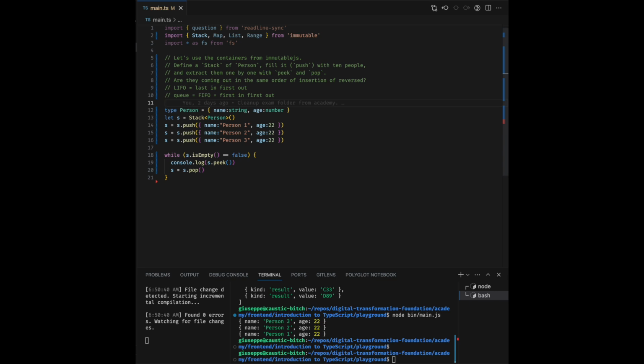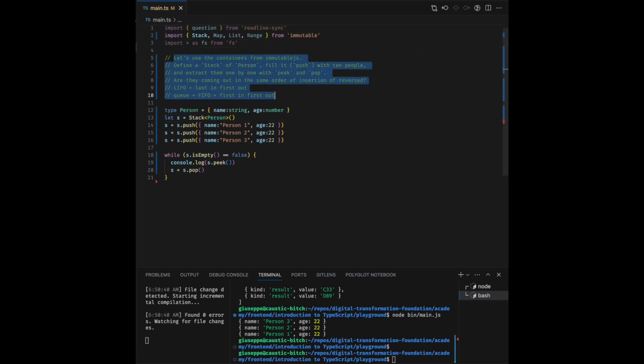Whereas the stack just behaves in the opposite order, and the queue and the stack are optimized for big sizes. So if you want a stack behavior, you can simulate it with a queue, but it's going to be a lot slower because the queue is optimized for FIFO and the stack is optimized for LIFO. Okay, now